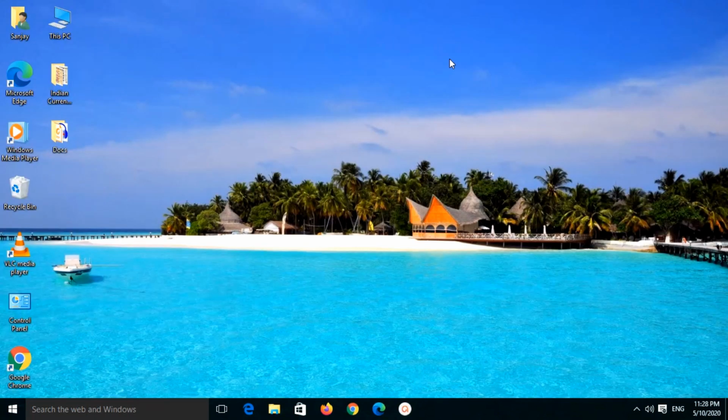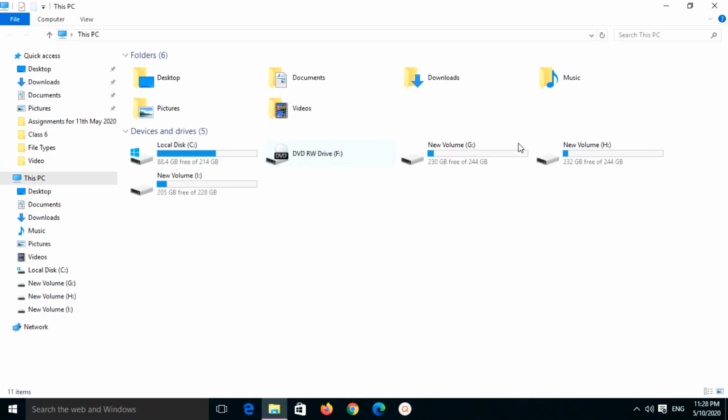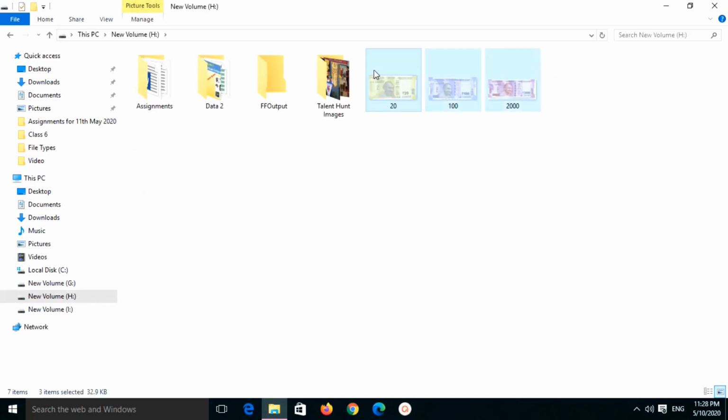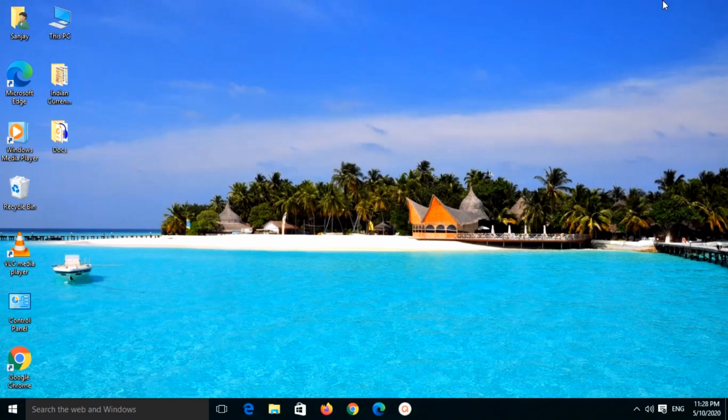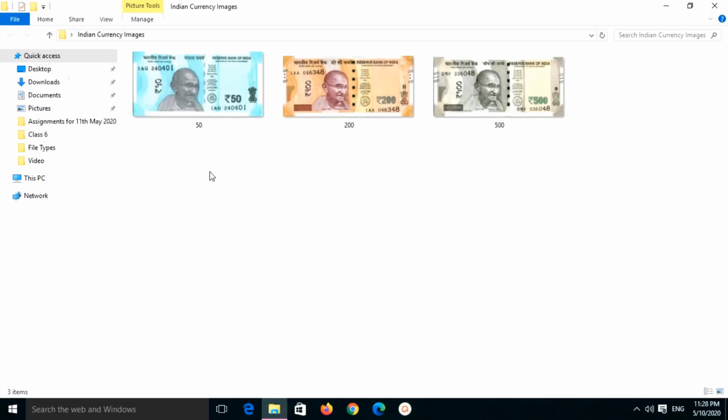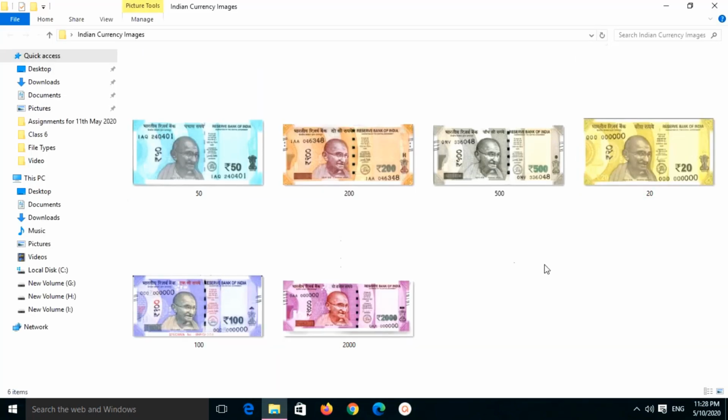Now students, we will see how to use the keyboard button sequence to move a file from one place to another. Let us say that I want to move the rupees 500 note image from this place to another place using a keyboard.